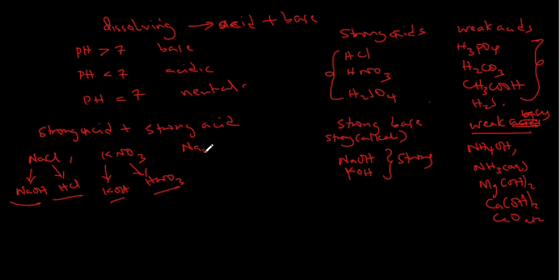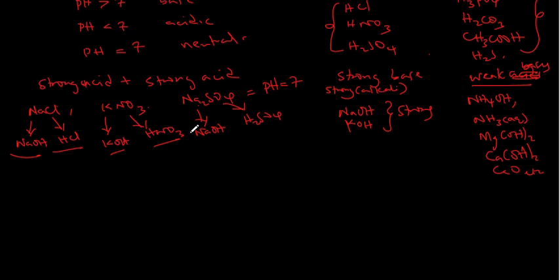You can even have Na2SO4, the same thing. Sodium is from sodium hydroxide, which is a strong base. SO4 is from H2SO4, which is a strong acid. Now each of these salts, NaCl, KNO3, Na2SO4, all of them have a pH equal to 7. They are neutral salts. They are completely neutral. Okay? Then if we continue, for acidic salt,